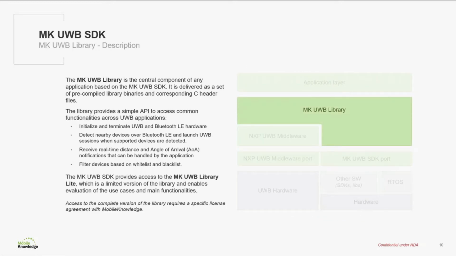The central component of any application based on the MK UWB SDK is the MK UWB library. It is delivered as a set of precompiled library binaries and its corresponding C header files. The library provides access to common functionality in UWB applications, like for example, initializing and terminating UWB and also Bluetooth Low Energy hardware, detecting nearby devices over Bluetooth Low Energy and launching UWB sessions when supported devices are detected,